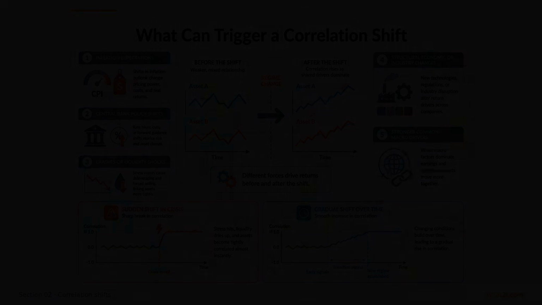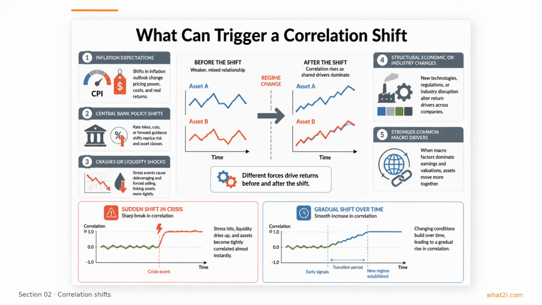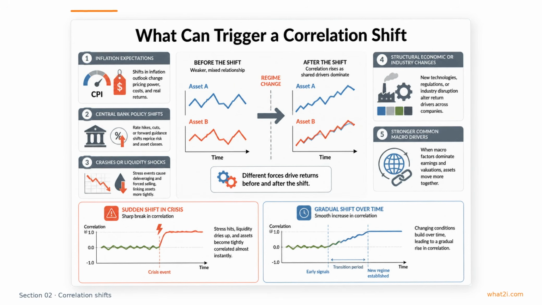Correlation shifts are usually triggered by a change in the forces driving returns. Inflation expectations can rise, central banks can change policy, or a crash can create a sudden liquidity shock. Structural changes in the economy or in a specific industry can also alter how assets respond to the same news. Sometimes the shift is gradual, as one macro theme slowly becomes more important. At other times, it is abrupt, especially in a crisis. The common thread is that a new dominant driver begins to affect both assets,